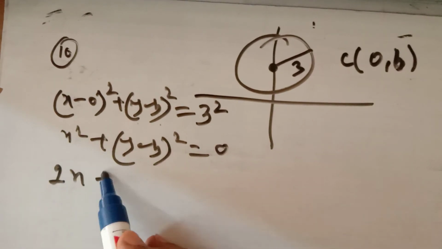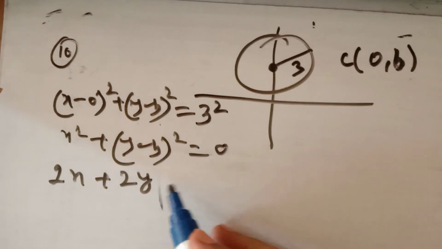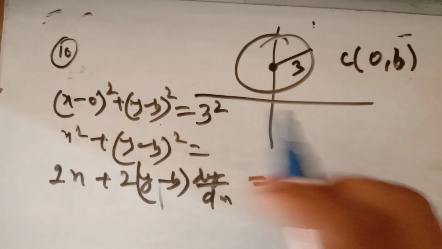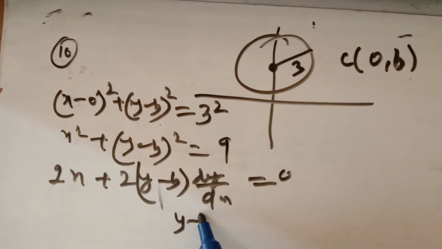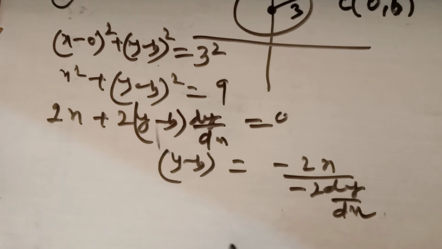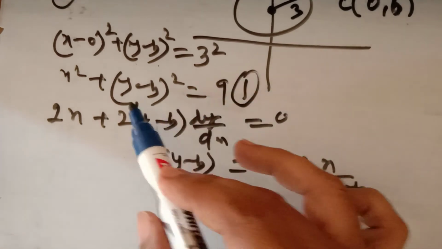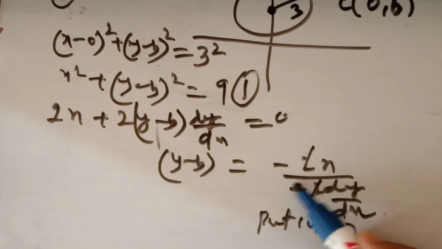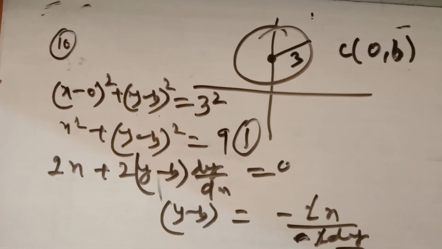तो इट विल बी 2x, 2y, पहले पावर का डेरिवेटिव होता है 2y डी बाई डी एक्स, y माइनस b का डेरिवेटिव इक्वल टू 0. तो यहां पर आप y माइनस b की डायरेक्ट वैल्यू निकालिए लाइक दिस. फाइंड द वैल्यू ऑफ y माइनस b एंड पुट इट इन द इक्वेशन नंबर 1. यहाँ रख दीजिए. पूरे y माइनस b की जगह पूरा एलिमिनेट हो जाएगा b. थोड़ा सा ये सिंप्लीफाई हो रहा है आपका, माइनस ही आएगा ये, माइनस 2x अपॉन दिस. तो दिस इज द डिफरेंशियल इक्वेशन फॉर दिस इक्वेशन ऑफ द सर्कल विद द सेंटर लाई ऑन द y एक्सिस.